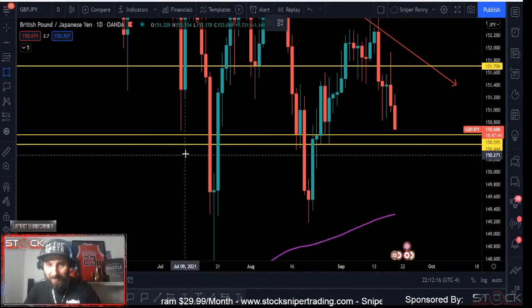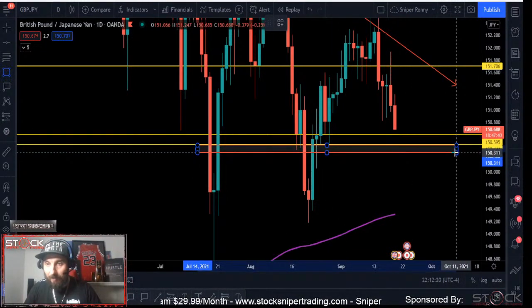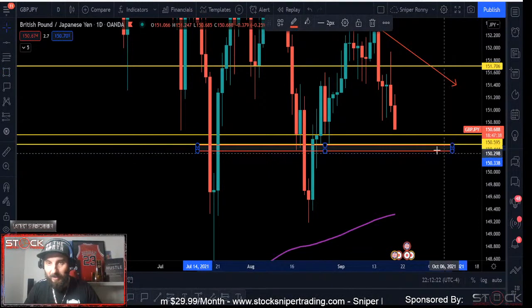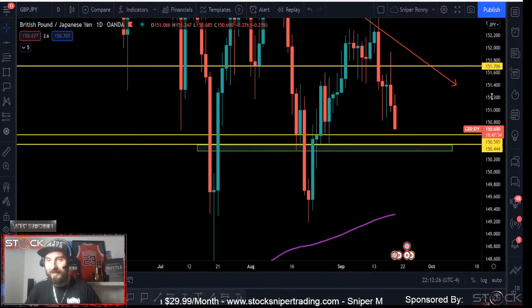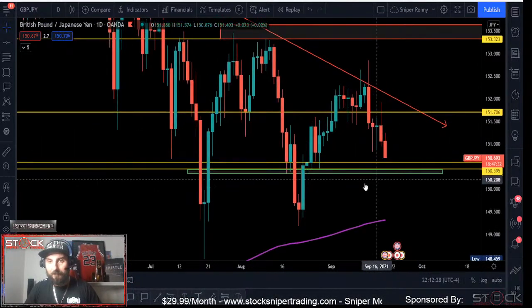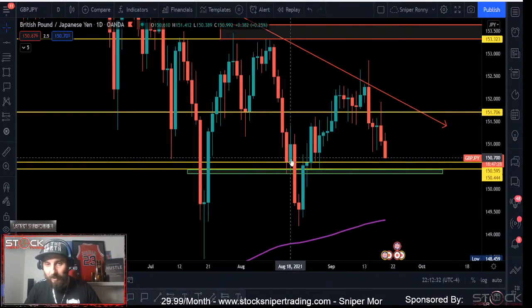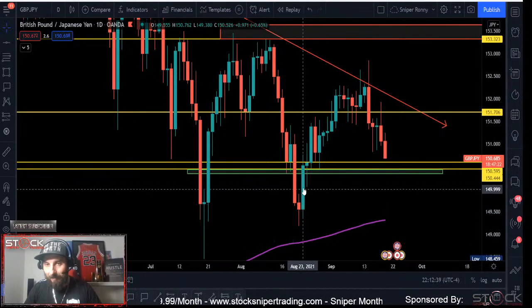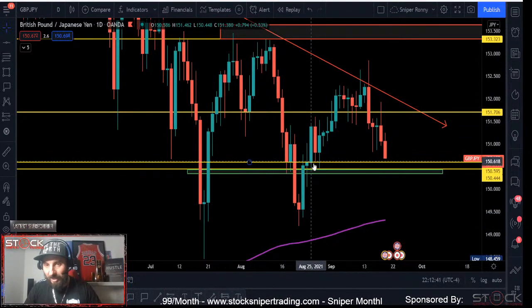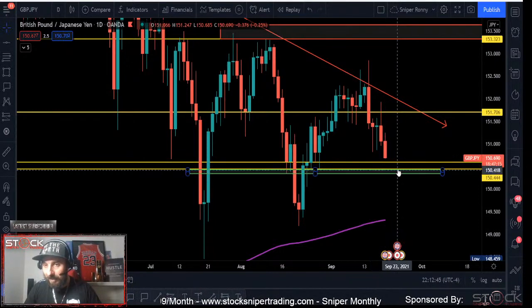The reason why I'm saying demand down here, let me just place it like this. I'm going to go green here, okay? This is going to be green for demand, buyers, okay? The reason why I say that is because every time it came down here, it wicked out, rejection wick, came back, rejection wick. This big candle on August 19, they broke right through that demand zone and it came up. Then they broke above it. So again, rejection, rejection. This candle could come down and start to get some buyers and maybe we rotate right